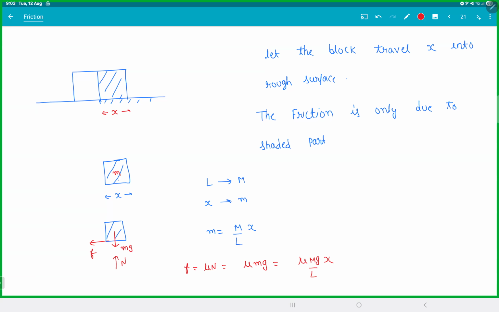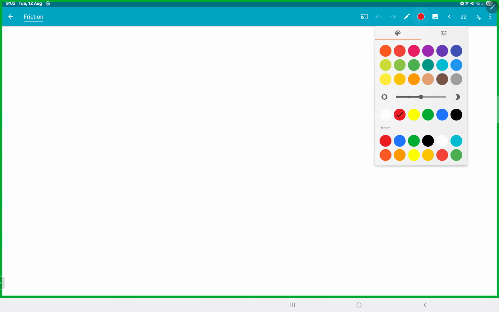Your friction is not constant, everyone. The more you go inside, the more friction you're generating. Have a look at this page first of all. Any doubts on this? You should be clear with this part. So the friction is not constant. As the block goes more and more to the right side, more and more surface will come in contact with the ground. So the more weight will be acting on the rough part, so you get more frictional force. Clear with this? Now, if you draw the overall FBD,